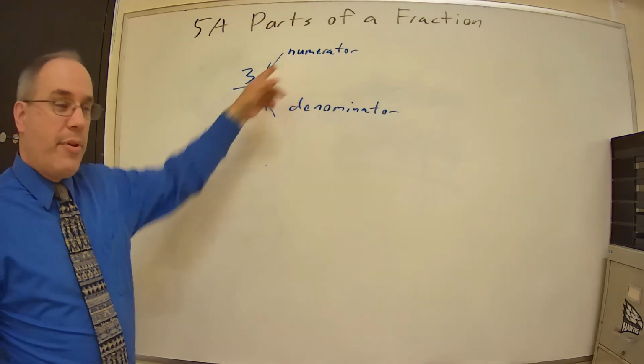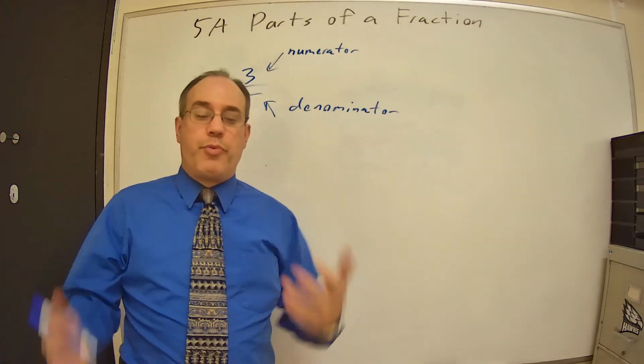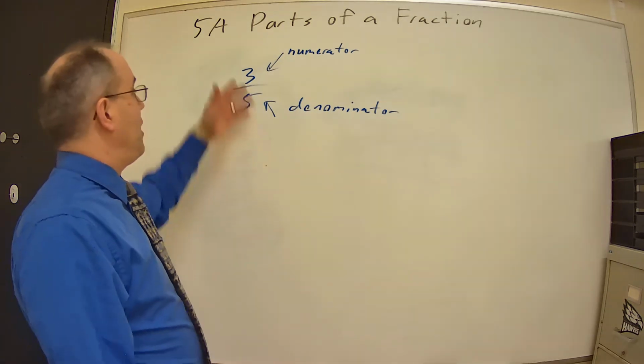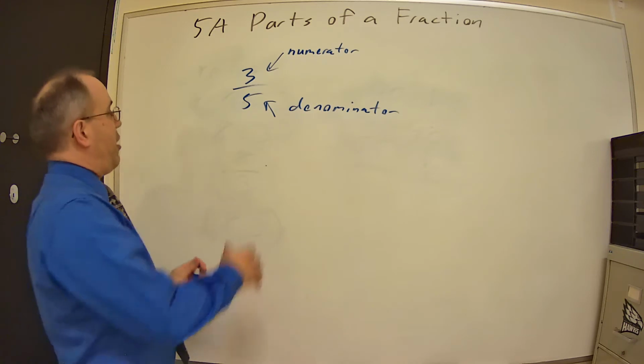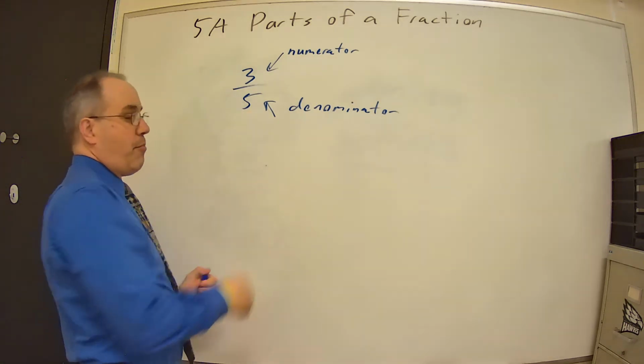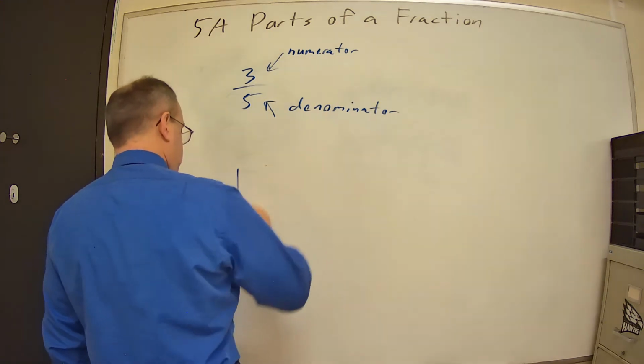Numerator is the top, denominator is the bottom. So it's just breaking that into pieces. And a fraction is really just setting yourself with a base amount. This is saying if you have a whole thing,